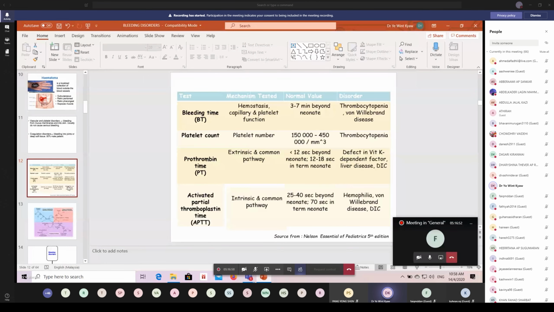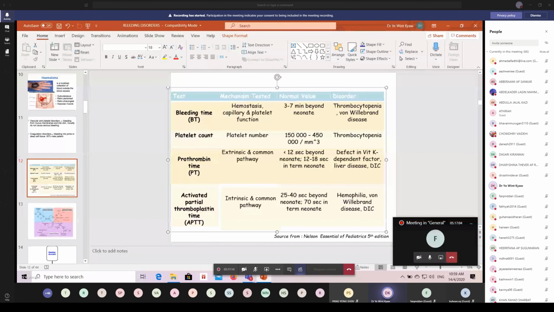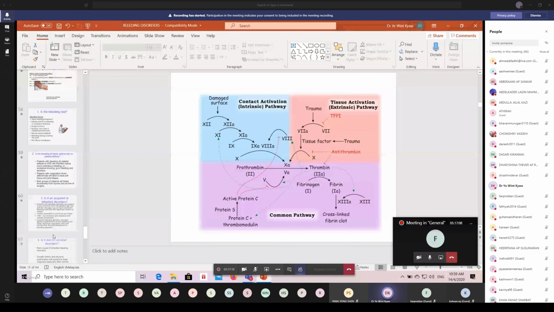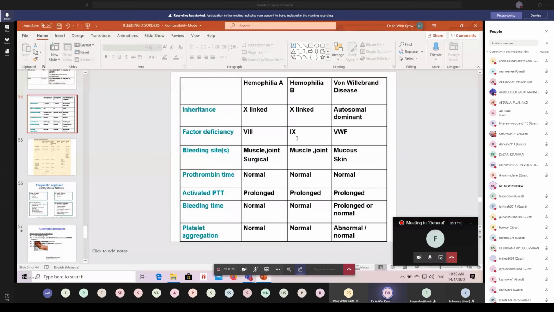PT can detect the extrinsic pathway. APTT can detect the intrinsic pathway. So here, these are intrinsic factors, so APTT is prolonged only, not PT. Bleeding time is normal because this is not a platelet cause. This is a coagulation cause. Bleeding is normal here, but here it can be prolonged sometimes, because I will explain later the